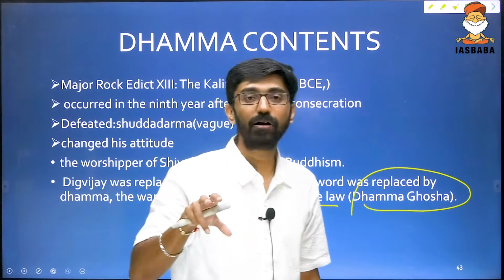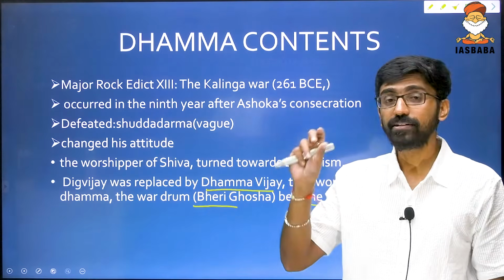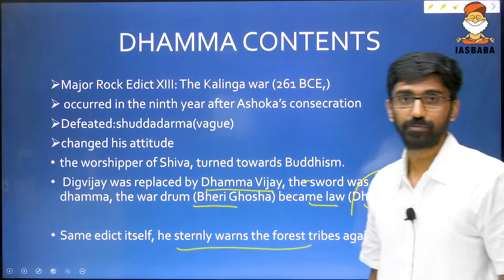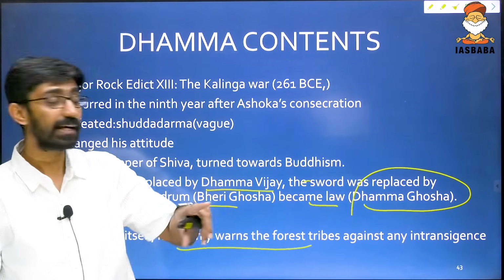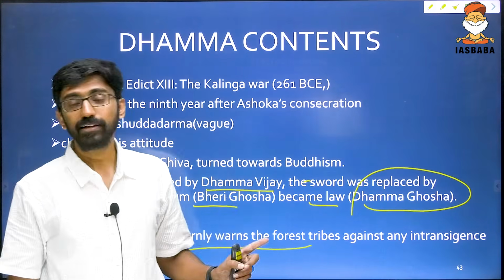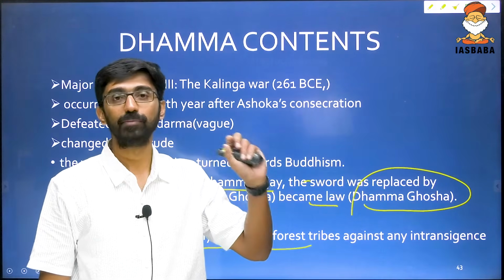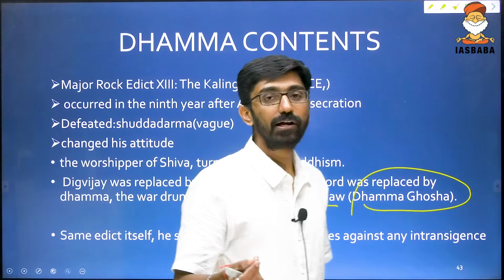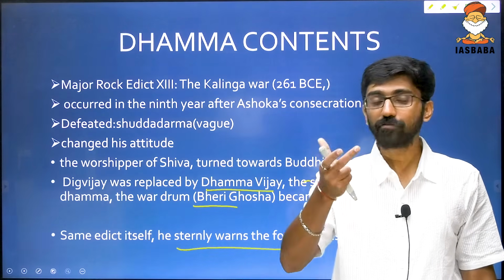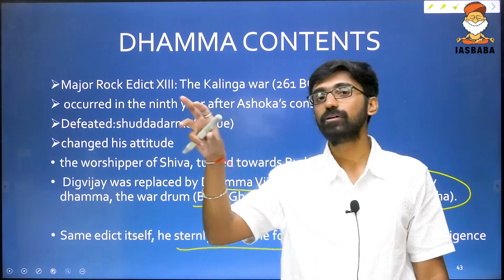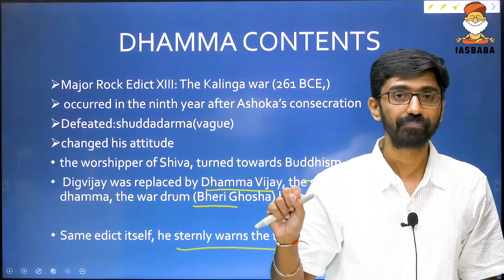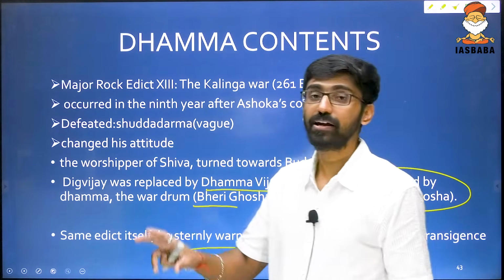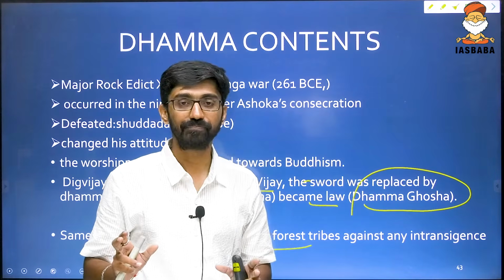In the same rock edict, Ashoka also warns the tribals who were causing a lot of problems to merchants. There is a stern warning to forest tribes. Even though he is emphasizing peace and ahimsa, he did not forget his duty to give warnings and to take action against people who are causing trouble. The forest tribes were becoming part of the mainstream society, but they were having conflict with it. Sometimes they resorted to dacoity as well as looting, which was causing a law and order problem. In the same rock edict, he gives a warning. That means as a ruler, he did not forget his duties.